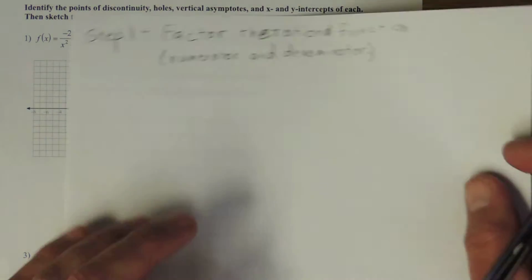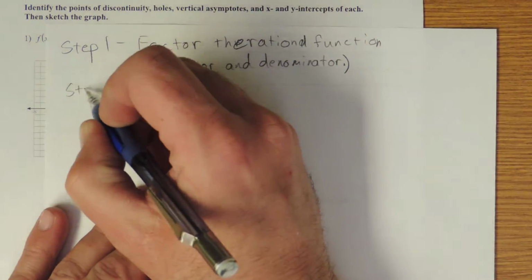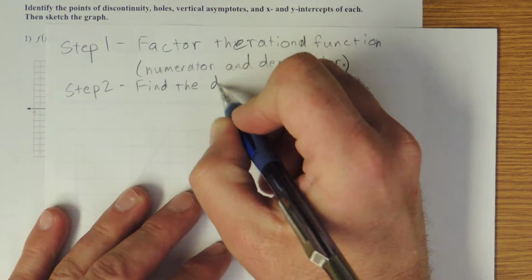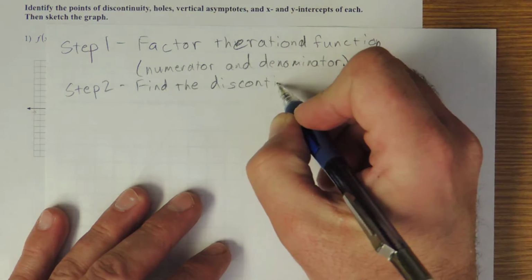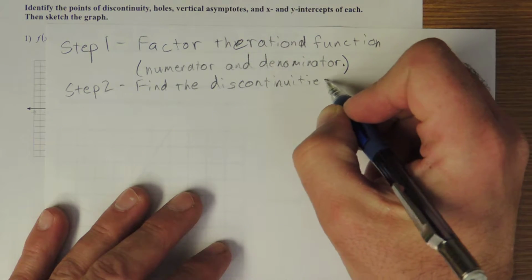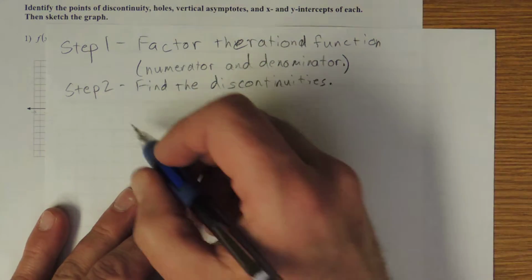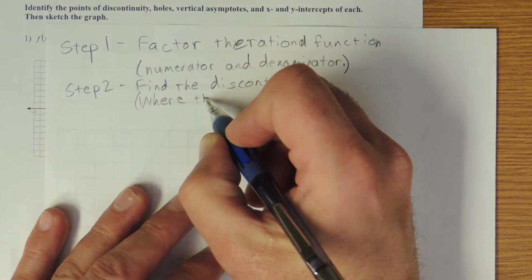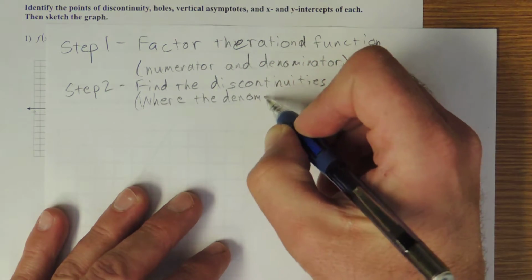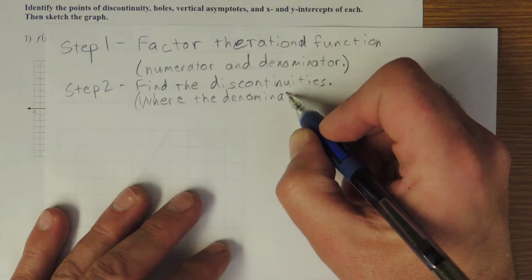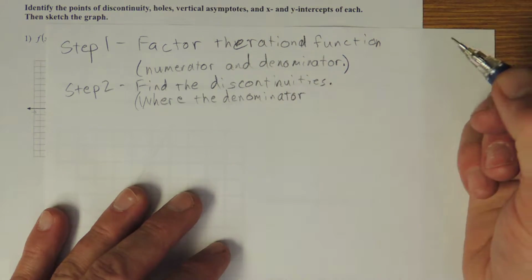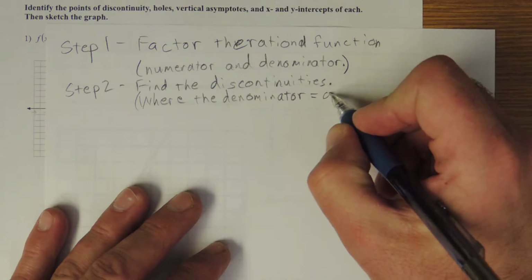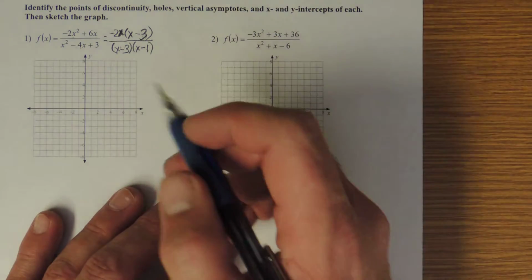Step 2: find the discontinuities, where the denominator equals 0. And you should be writing these down as well. You'll be able to use these notes on the test and on the quiz if you write them down. Okay, if I look at this problem,